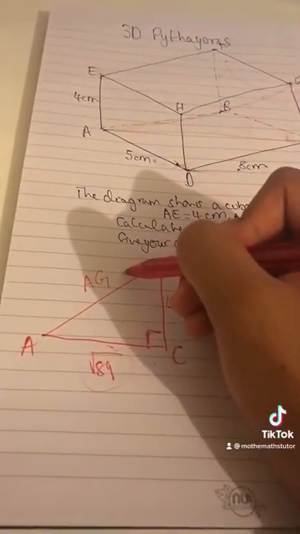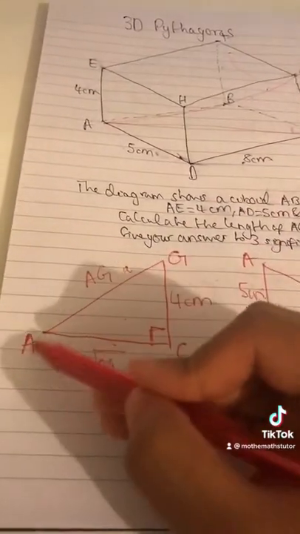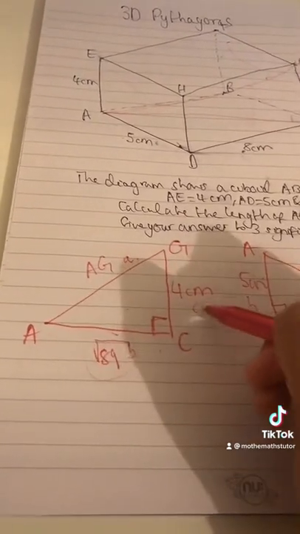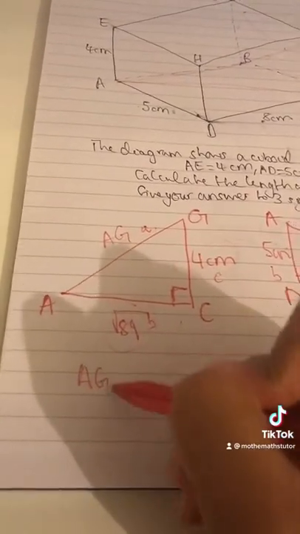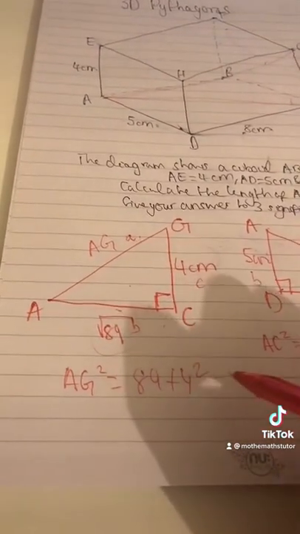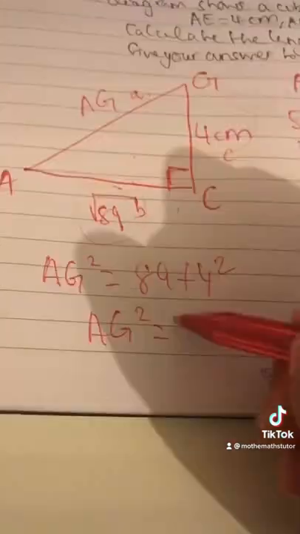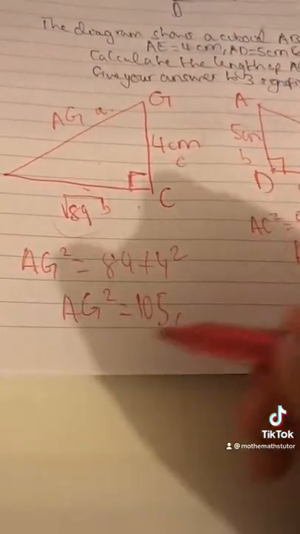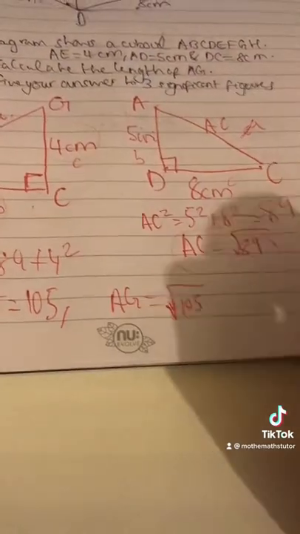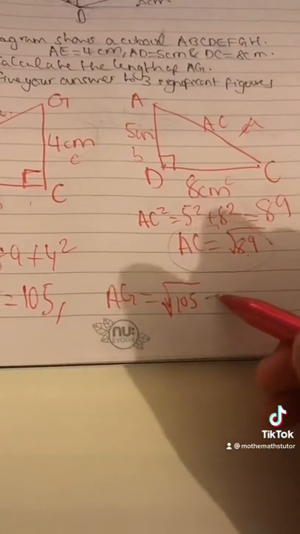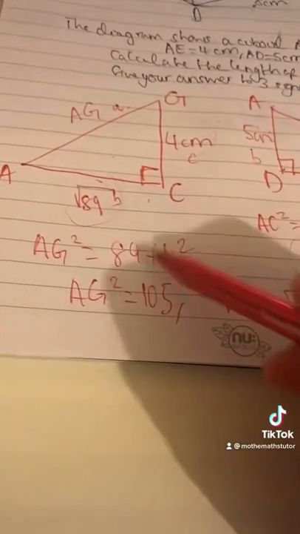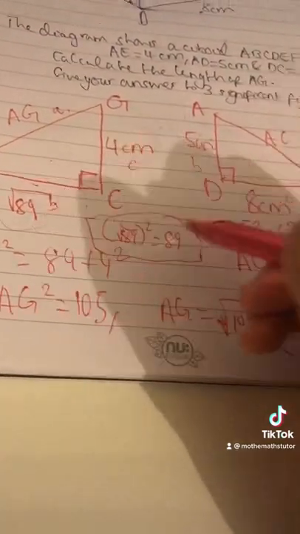First we label the side that we want to find. We want to find the hypotenuse, the side opposite the right angle, the longer side. We label that A, little a. The two remaining sides we'll call B and C. So A squared, or AG squared, is equal to root 89 squared, which is just 89, plus 4 squared, which is 16. So AG squared is equal to 105. Square rooting both sides, we get AG is equal to the square root of 105. And to three significant figures, when we write that into the calculator, AG is equal to 10.2 centimeters, and that's the final answer. Just a note here, B squared, which is root 89, when we square root, it gets rid